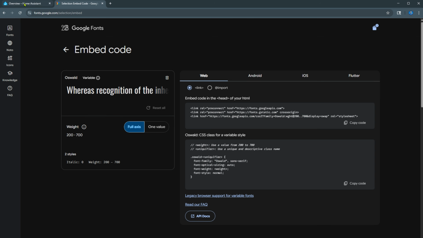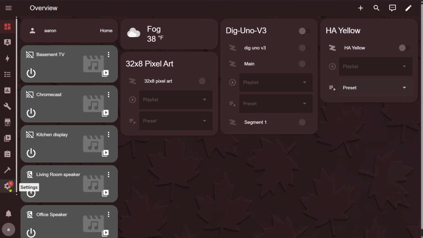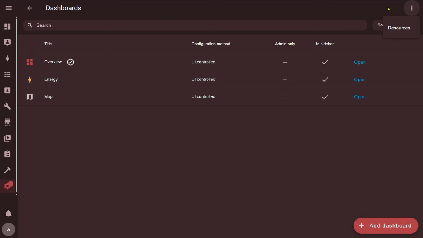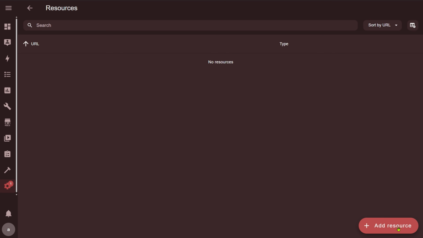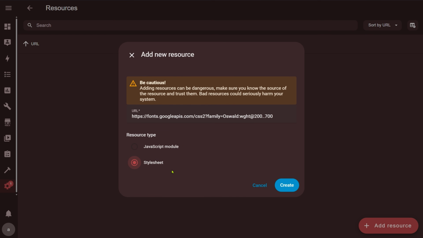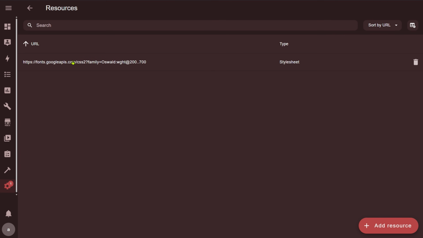Now we'll go back to Home Assistant. In Home Assistant, go to Settings, then Dashboards, and then open the three-dot menu in the upper right corner. Choose Resources, then click Add Resource in the bottom right corner. Paste the URL we copied, click the Style Sheet radio button, and click Create. Now the Oswald font is available as a resource in Home Assistant, so we just need to reference it in